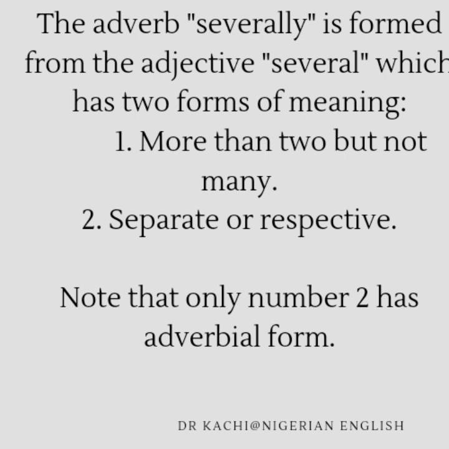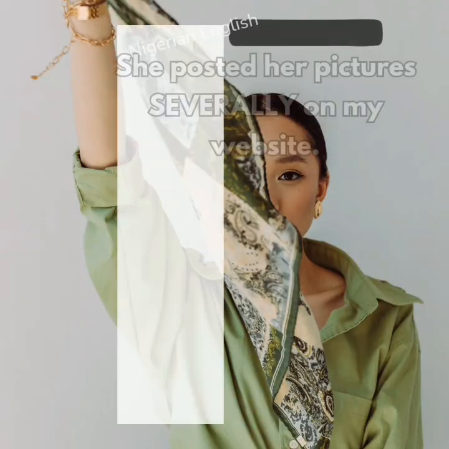And it may interest you to know that this is the only one that has adverbial form. So the several, which has to do with a number of times, doesn't have adverbial form. So when you say severally, for instance, I visited you severally, that I didn't see you, you are saying I visited you separately, because the several that has to do with a number of times has no adverbial form. So that is it. I mean in British English. But Nigerians would have it this way, as you can see.